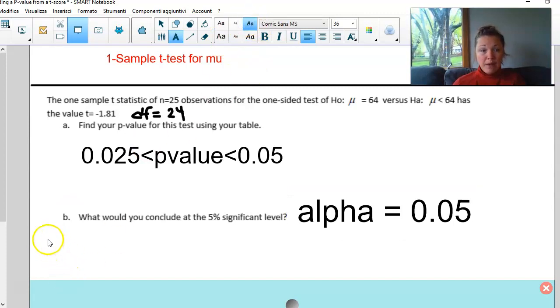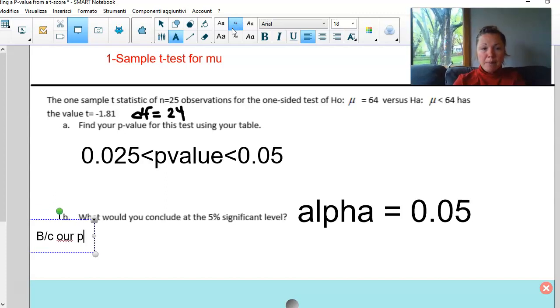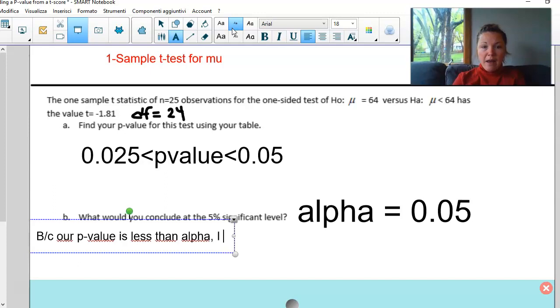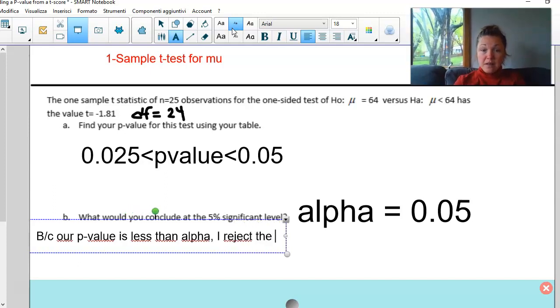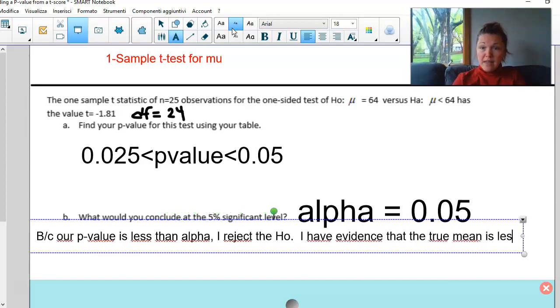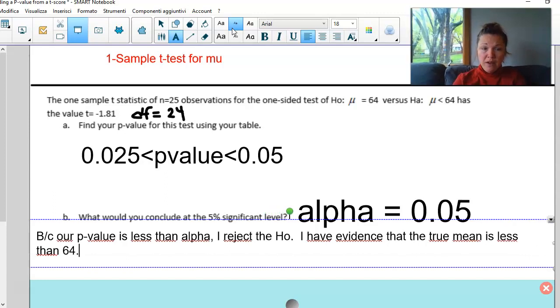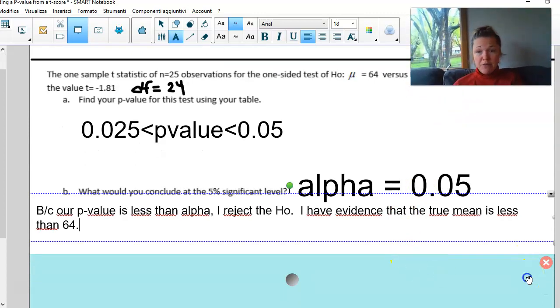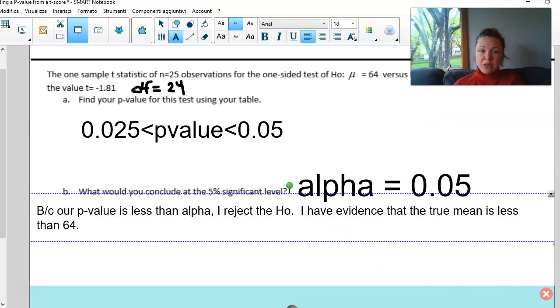So now I'm going to conclude. Because our p-value is less than alpha, I reject the null hypothesis. I have evidence that the true mean is less than 64. That's as much context as I can give you because I don't know what the true mean is, but I do know that the alternative hypothesis, HA, is less than 64. Okay, so that's what you're going to do today, and we are going to